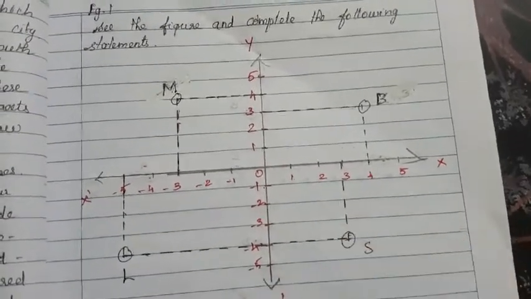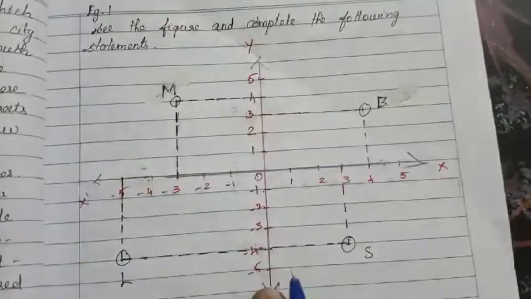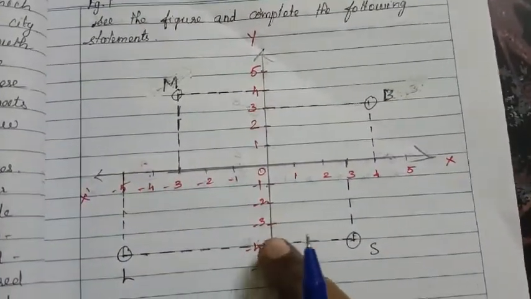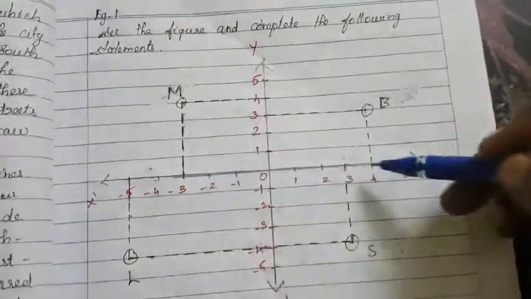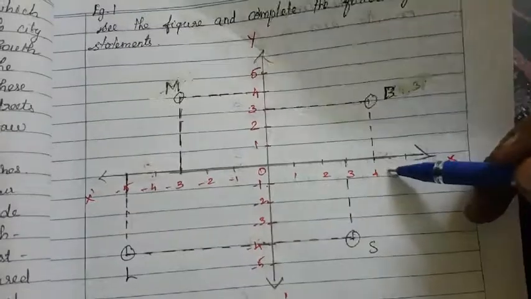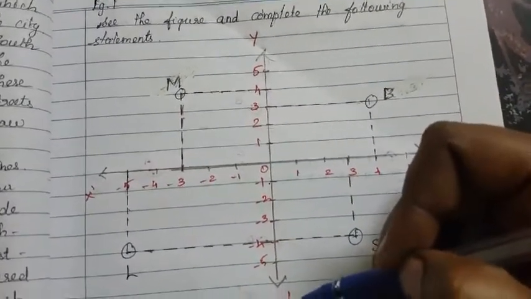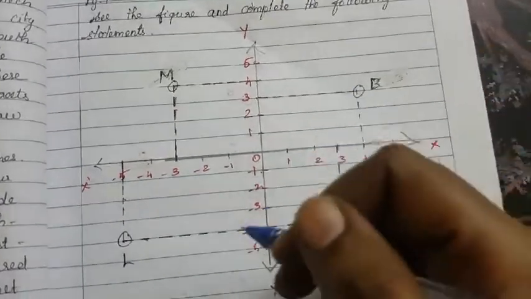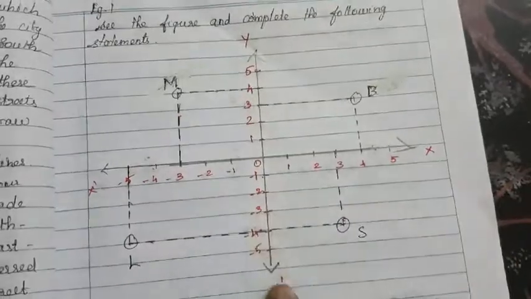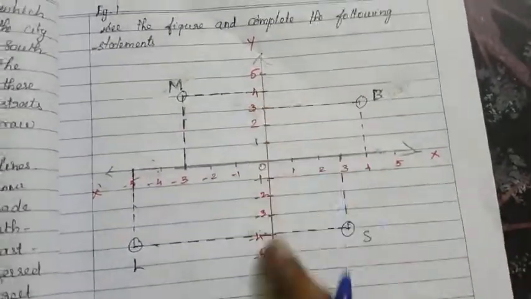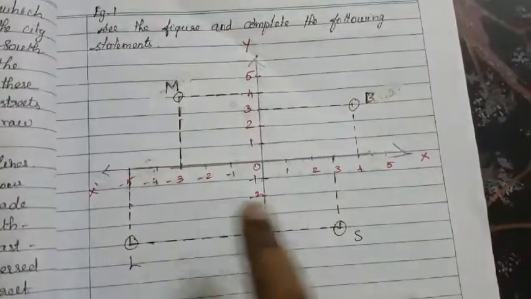Both are correct. And the lines, we have two lines, no? This is called the coordinate axes. This horizontal line is called the x-axis and the vertical line is called the y-axis. And the coordinate axes divide the plane into four parts. These are all the coordinate axes, right? These axes divide this plane into four quadrants.